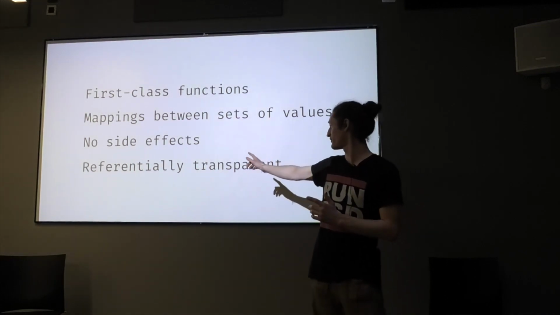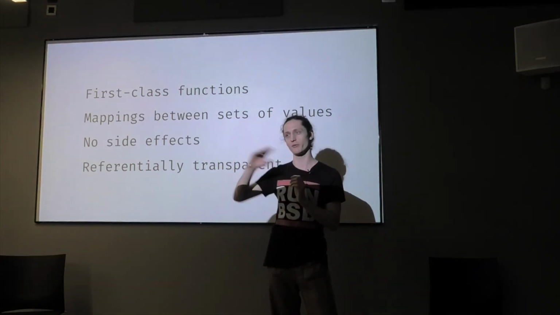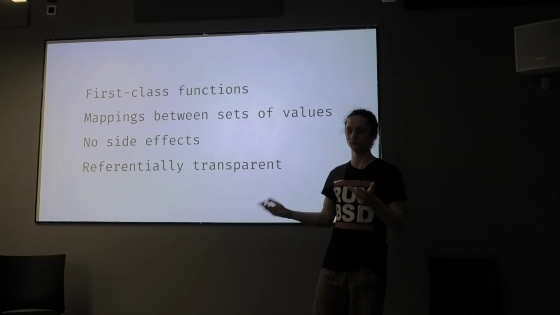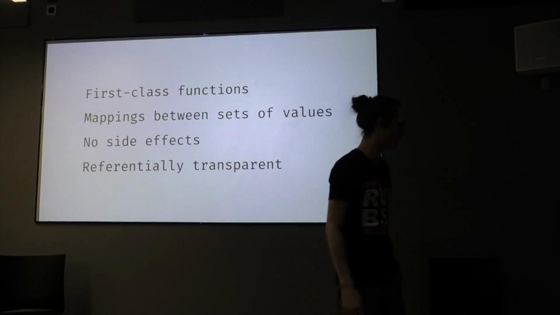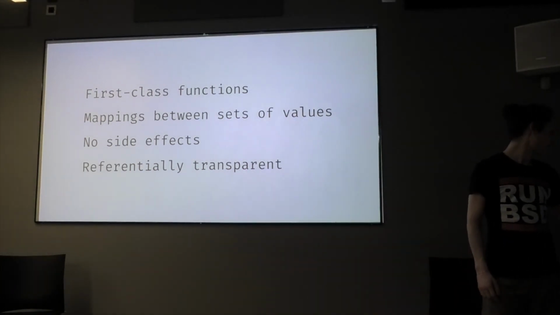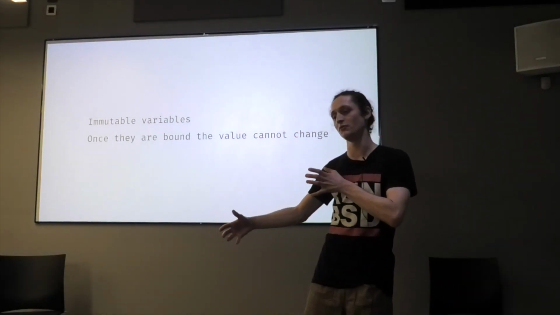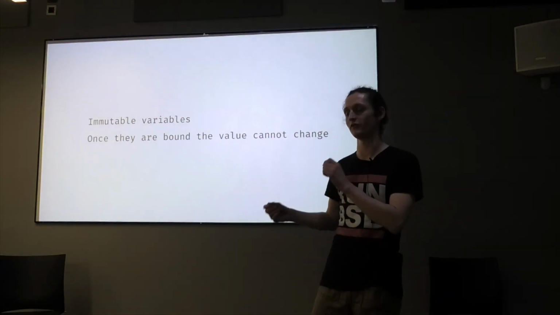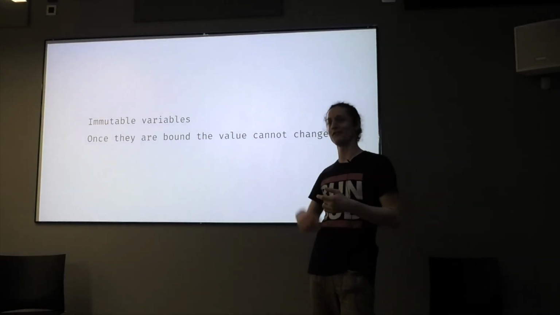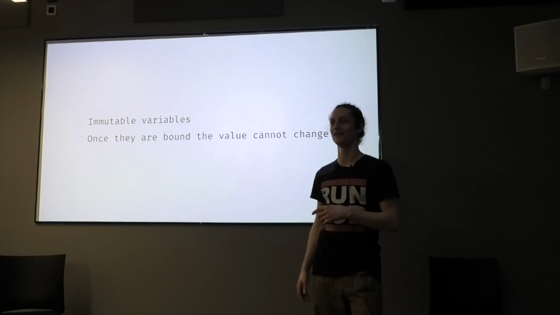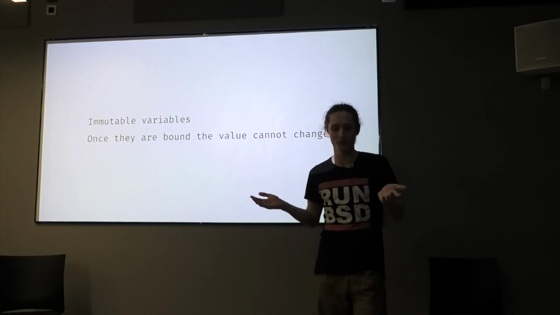And the referential transparency thing I've got here is just saying that anytime you give it the same input, it's always going to have the same output. That's all referential transparency means. It's a bit of a weird term for it. It sounds very fancy, but it's pretty simple. Another thing is that the data you have in your program is also immutable, as well as your functions. So you can't, for example, assign 4 to something and then modify that to be 6. You can't do x equals 4, x equals 6, because that would imply 6 equals 4, which is false.